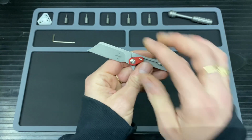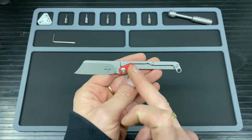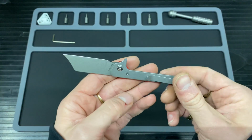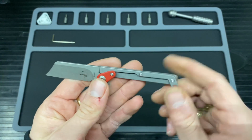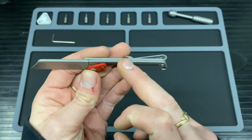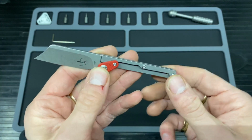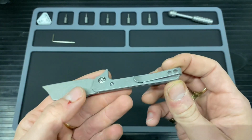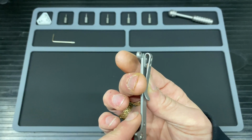So on to the first point, and that is the, or would be, the colour and scales. And obviously you've got the red G10 there, and the scales, you've got one side is the frame, I would call it, and then the other side of the frame, or the other scale, is actually just the slip joint bar, as you can see, with the built-in pocket lanyard, the lanyard hole, there we go, we got there in the end. And then on the end is the pocket clip, which is removable, as you can see,